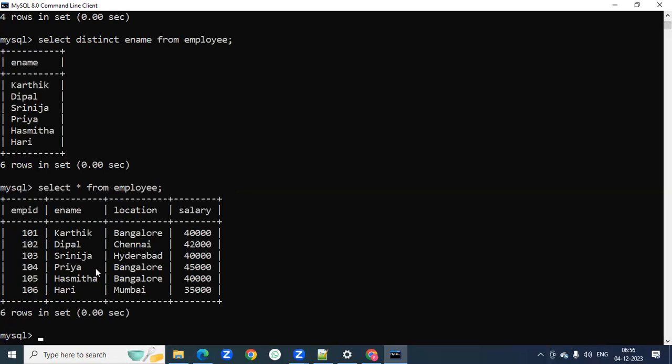Now see, previously we used the command insert into table name values, and we passed the values based on the order of the columns. Here I would like to use the second syntax we have discussed. Insert into the table name, employee. What are the columns? EMP ID column, ename, and salary will be given; I'm not giving location. So then values,